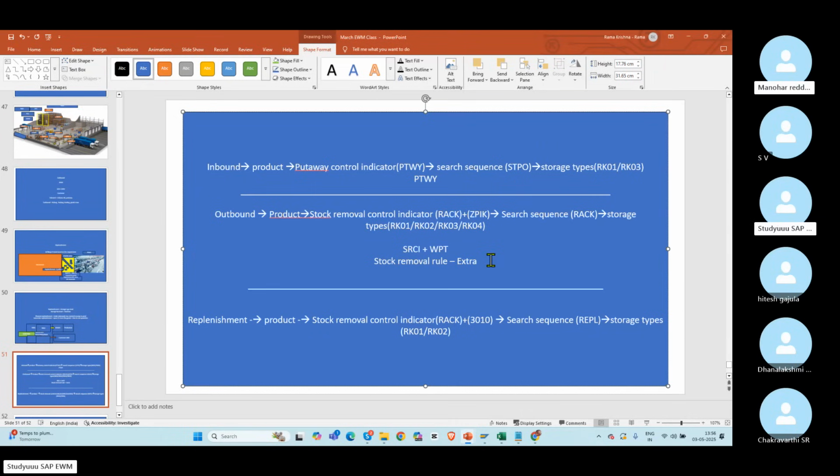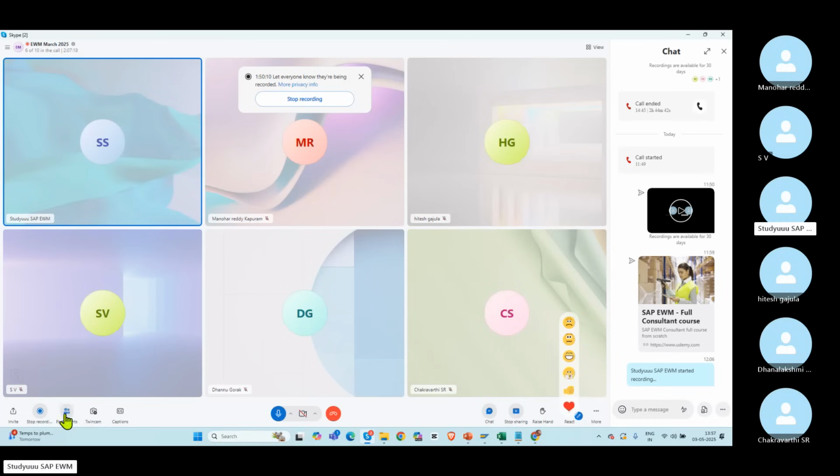Replenishment is used only for internal purposes, Ram? Yes, replenishment is something internal. Okay. Now I thought of discussing two topics, but